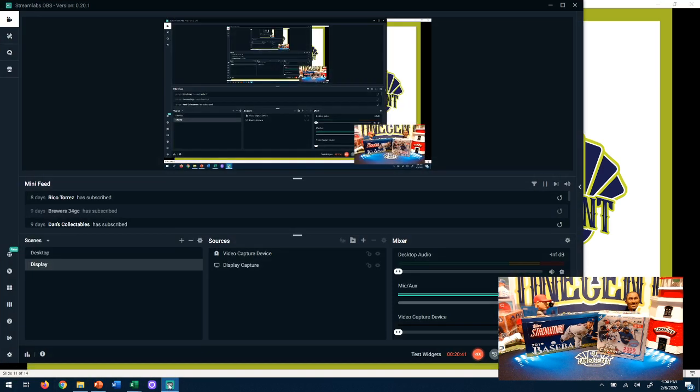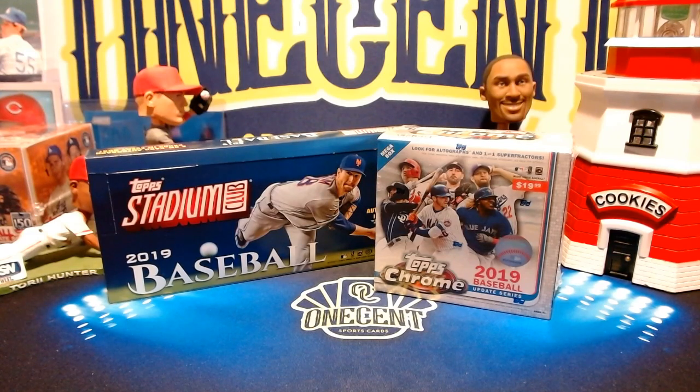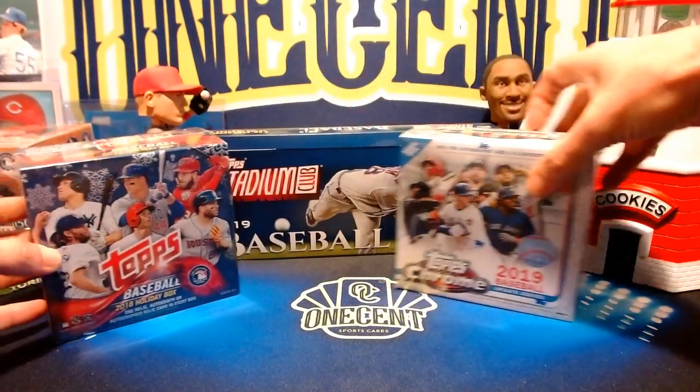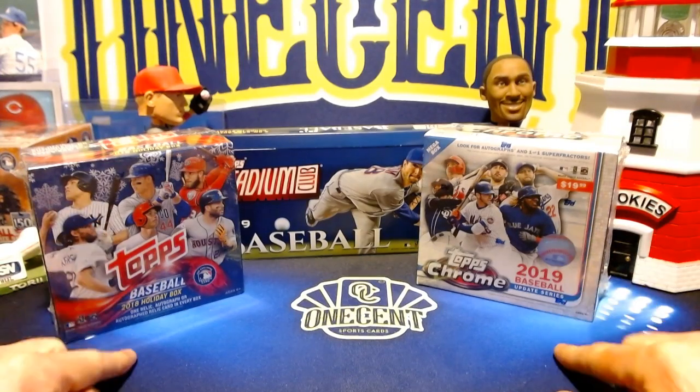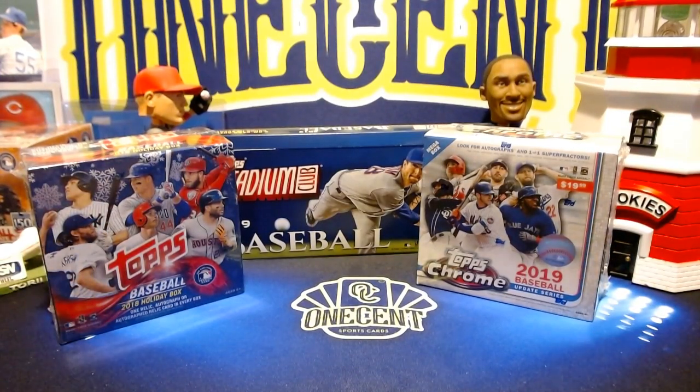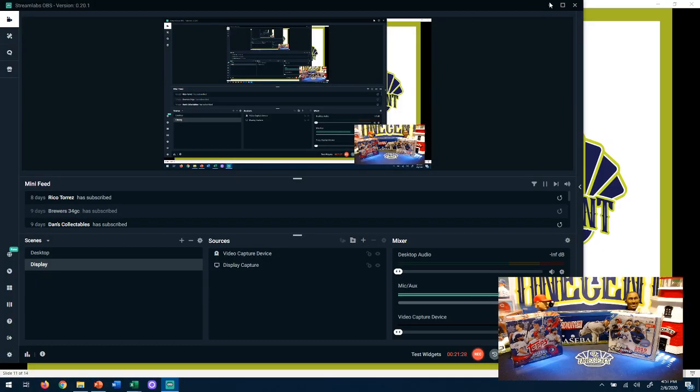In my example here, let's just say the break would be Topps Stadium Club 2019, a holiday box, and Topps Chrome. Generally speaking, this would be about $150 worth of product, and if you divide it by 30 spots, every spot is going to cost $5 in a break like this. So we're going to use this break as our example throughout. As we continue going back to our PowerPoint,